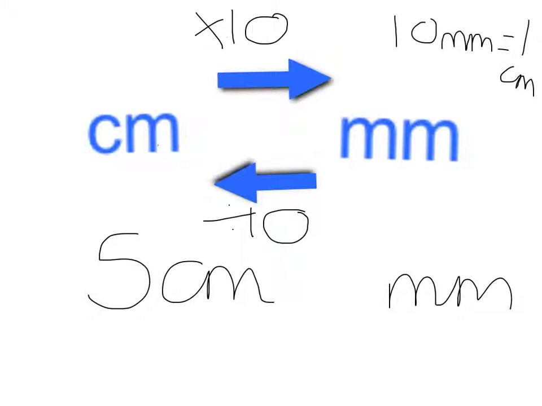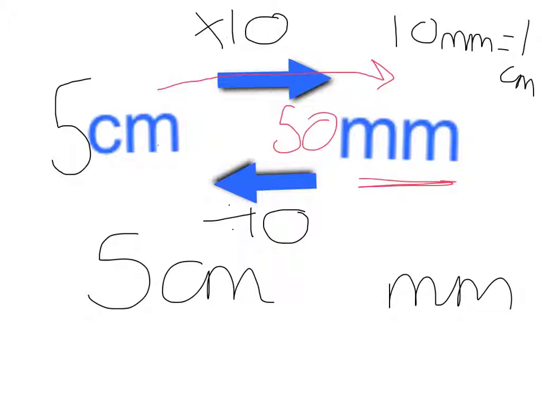So if I want 5 centimetres, I can put my 5 into the diagram. And if I want to convert it into millimetres, I follow the arrow. And the arrow is telling me to times 10. So 5 times 10 would be 50 millimetres. Let's try that for another example. So if we rub out what we've just done,